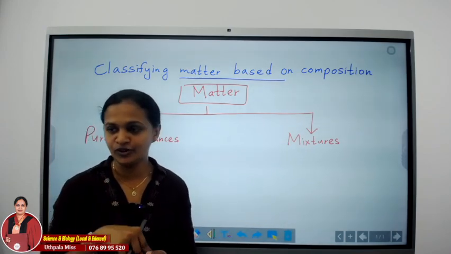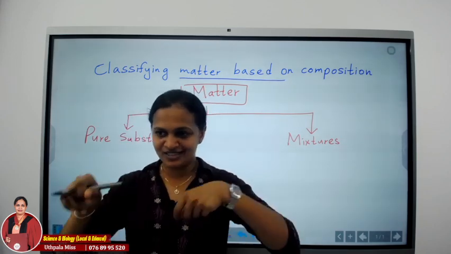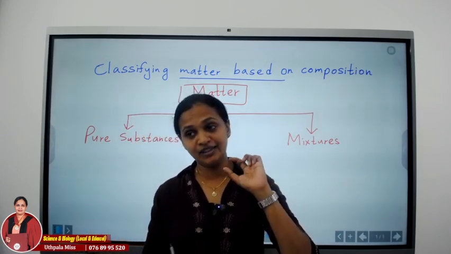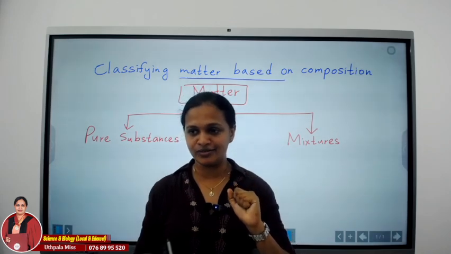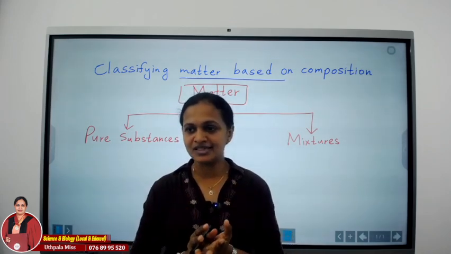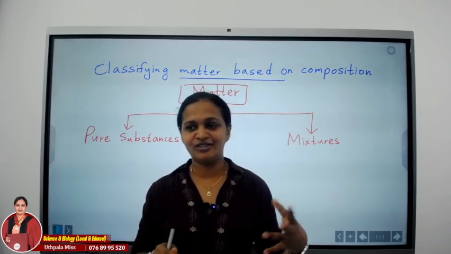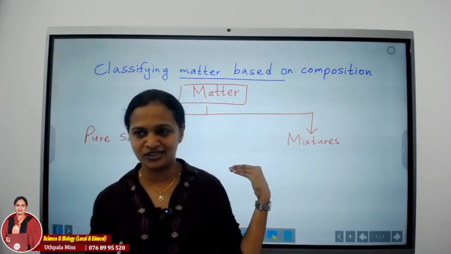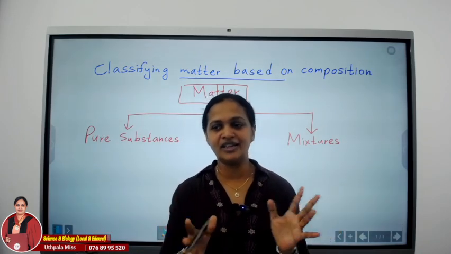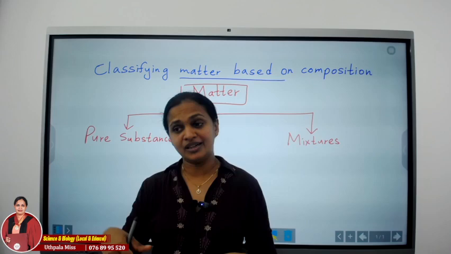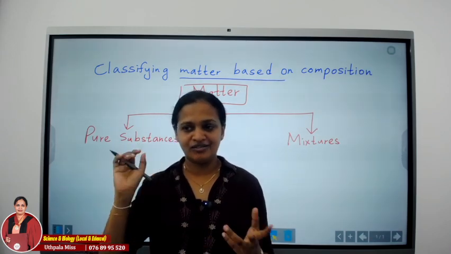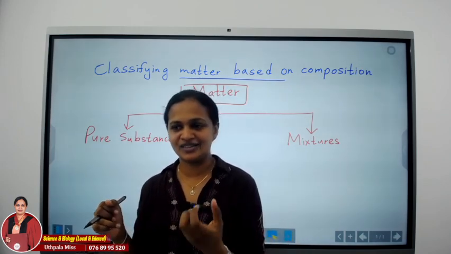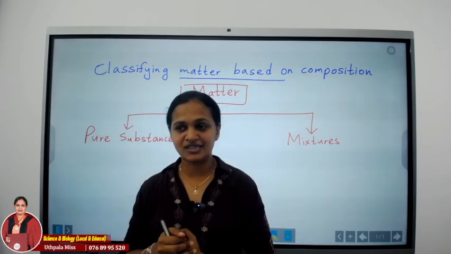As I told you, food is a mixture. We mix so many things together in order to prepare food. Even the water that we consume has certain minerals dissolved in it. Distilled water is a pure substance, available in the laboratory. It does not have any other substance except water. But drinking water contains dissolved minerals and dissolved gases, so it is a mixture.